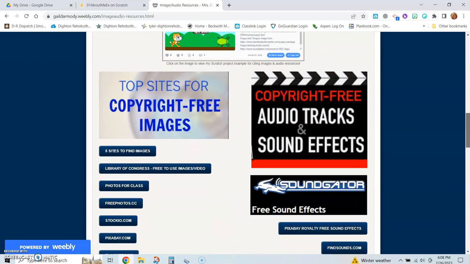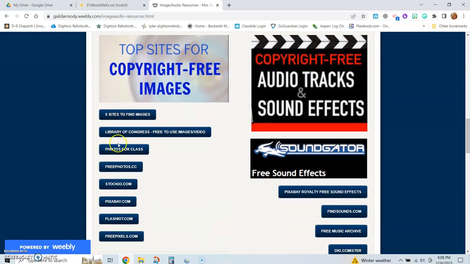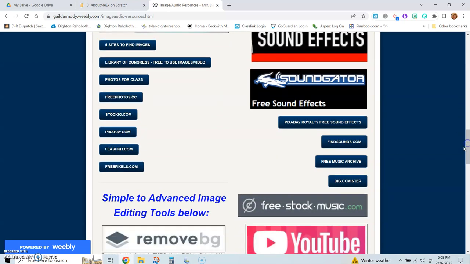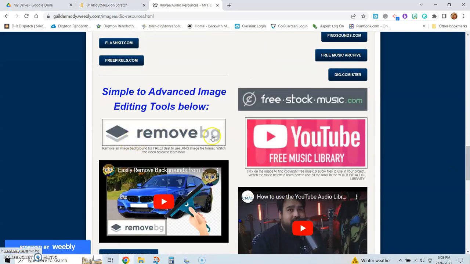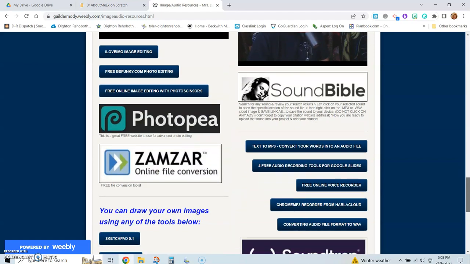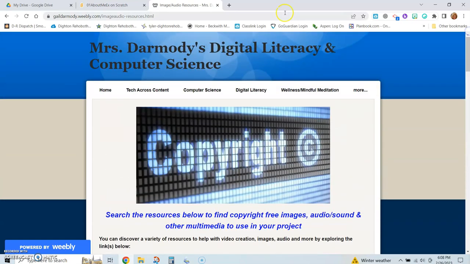And then if you scroll down, you see there are on the left copyright-free image websites. On the right are copyright-free audio websites. Do not use Sound Bible. It's not working right now. And this website, Remove BG, is where you can remove the background of an image for free. You upload the picture and then download it again. So that is how you can create your own